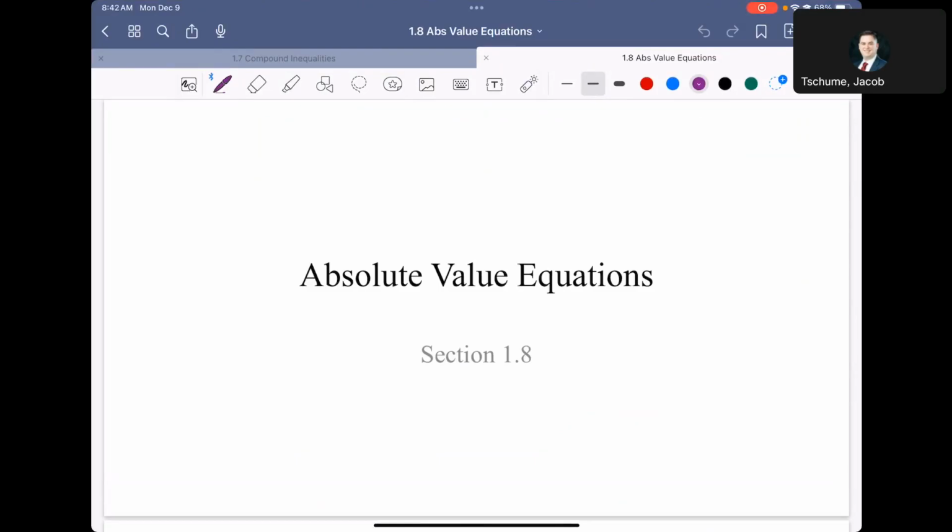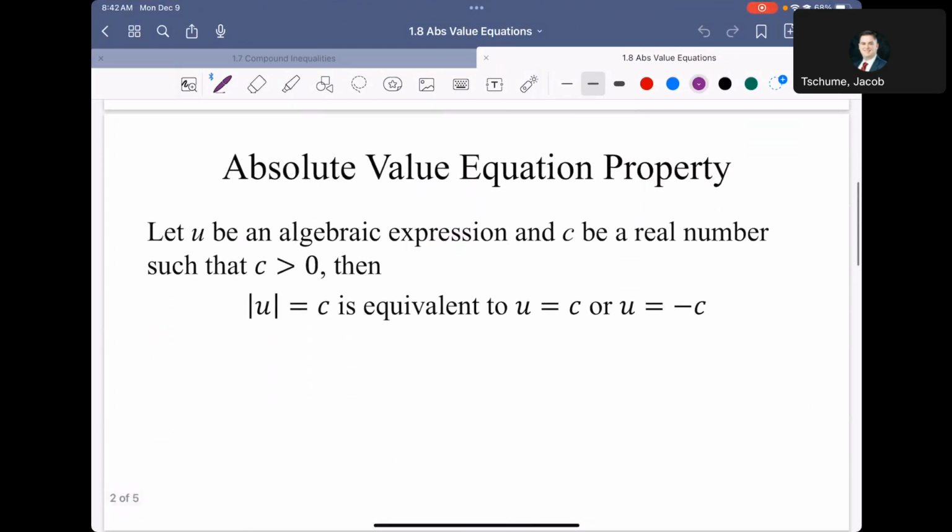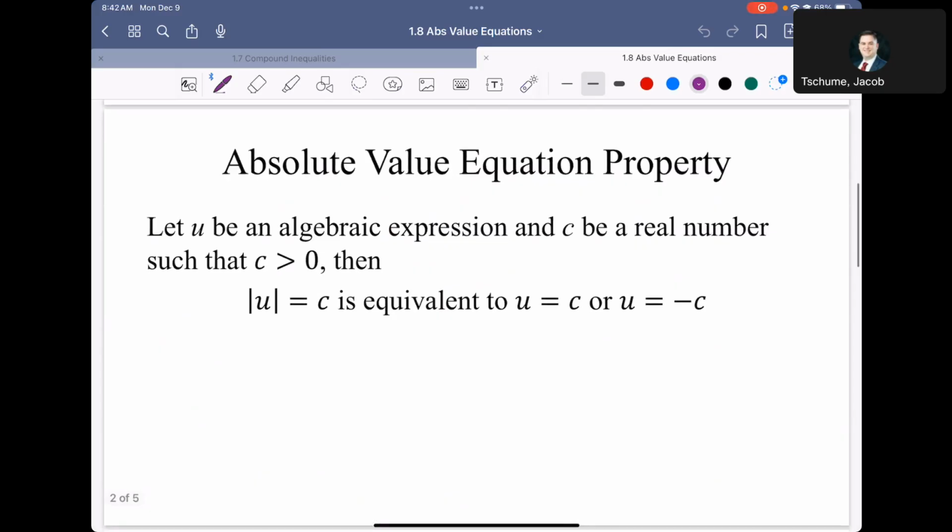covered in section 1.7. So absolute value equations aren't too bad. They do require one extra step of solving you'll have to do, but here's kind of how the idea works. Let's assume that you have an algebraic expression and it involves an absolute value with a constant on the right-hand side. And so all that to be said, what happens if you end up solving a problem that looks like this, where you have the absolute value of something, we'll call it U for right now, is equal to